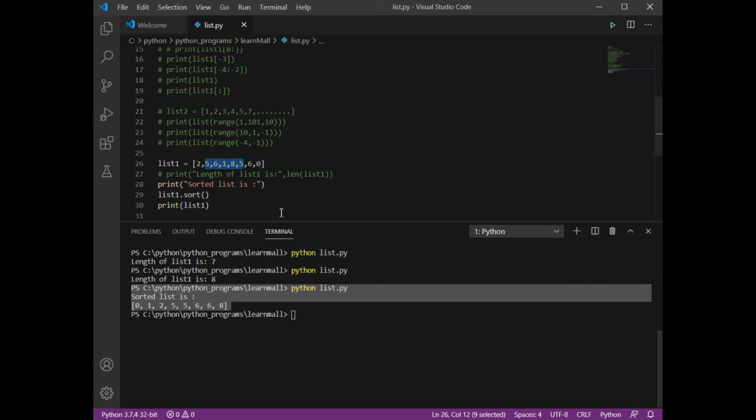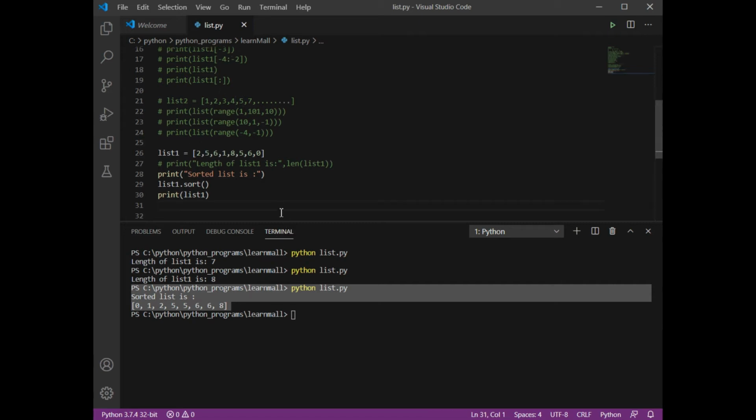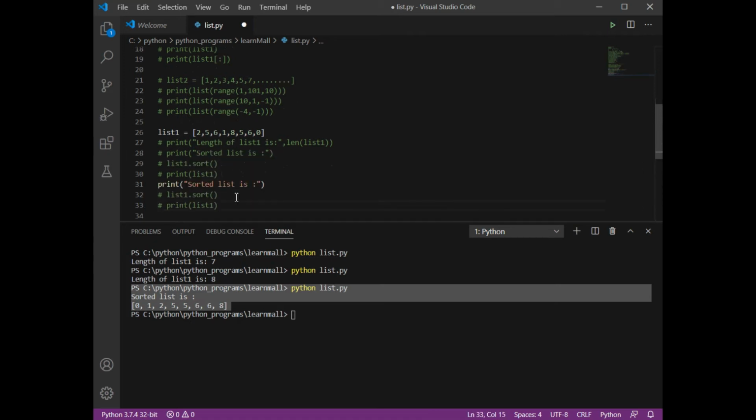Similarly, if you want to display your list in reverse order, what you can do is make this a comment. Now I'm going to print the list in descending order instead of ascending order.